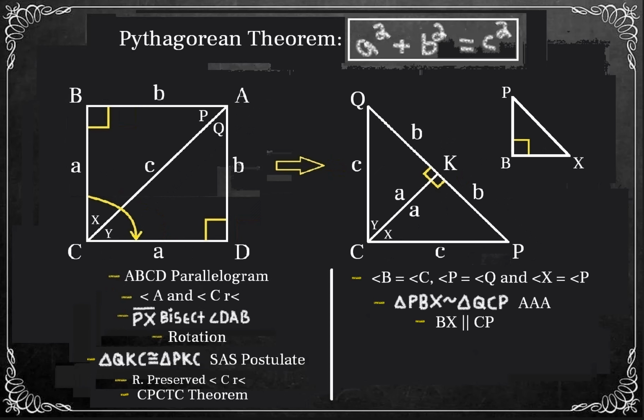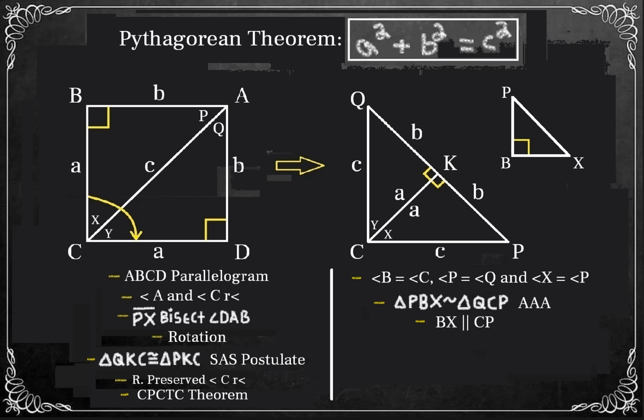By the CPCTC theorem, all the corresponding sides and angles of the triangles that we just mentioned equal each other. Now consider triangle PBX. We have angle B equals angle C. Angle P equals angle Q. Since angle X and angle Y are complementary angles, and angle P and angle Q are complementary angles, which are right angles, and all the angles are bisected, which divides an angle evenly, then angle X equals angle P, which